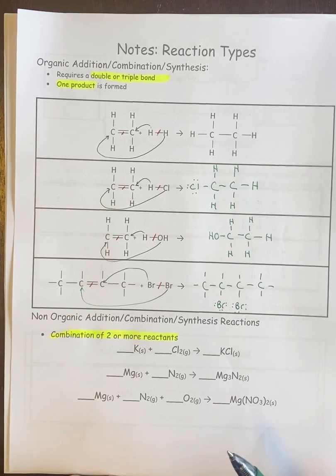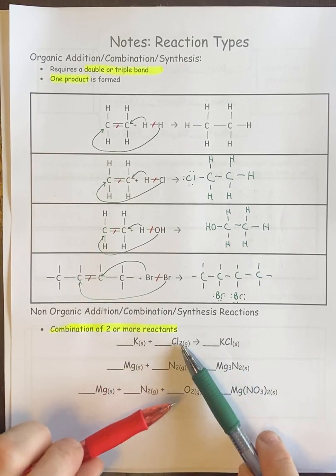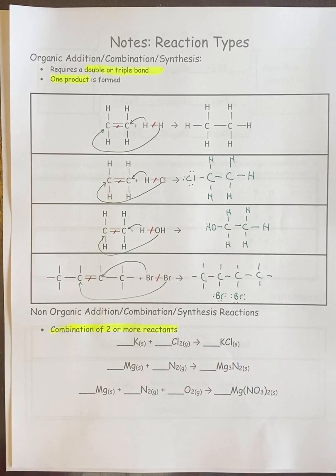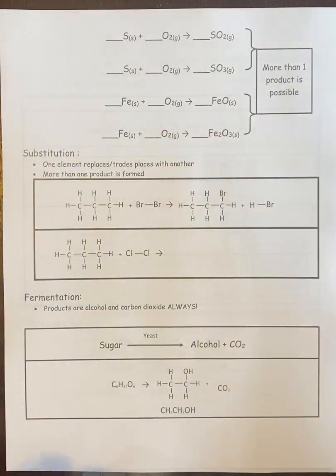Don't worry about the fact that there's 3 Mgs here and there's only 1 here, or 2 Cls here and only 1 here. That's what balancing actually fixes. But again, we don't worry about that. We're just looking at the general trend. Is it coming together or is it breaking apart? The next one we're going to do, here's some more